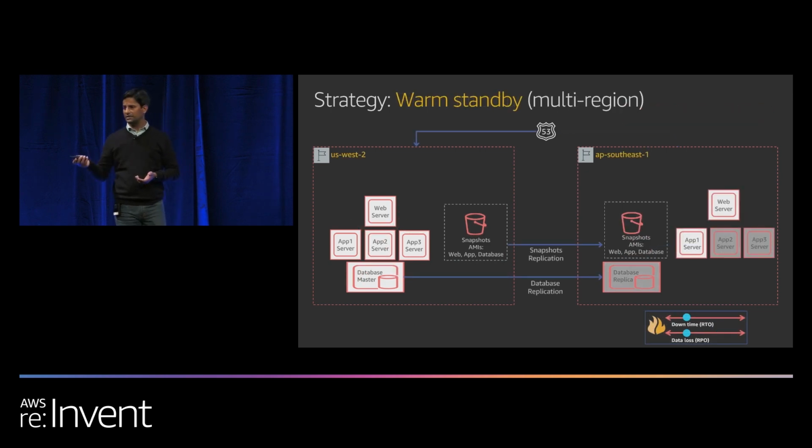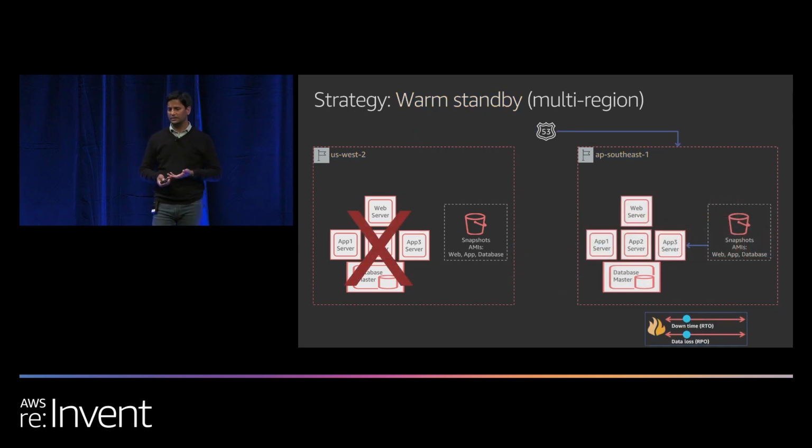The third strategy is warm standby. Again, this is probably the most common use case in the enterprise segment. What I have seen is you're replicating the data set, but also have a set of services already deployed in your DR region. And in the event of an outage, essentially what you're doing is pushing an autoscaling. You're adjusting your autoscaling groups to bring up your full production stack in the DR region. Much better RTO, RPO in this scenario.